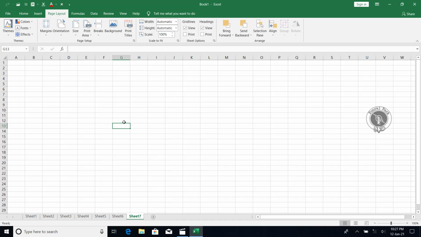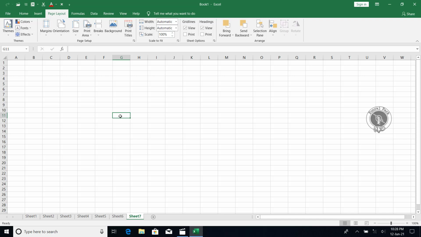And you may ask what the maximum limit of sheets is, how many sheets we can have in a single workbook. For that I can say you have no limit. The limit depends upon your RAM, your computer memory. Many people know what RAM is, the RAM that is used in your laptop or desktop. So it depends upon that memory how many sheets you can open in a workbook.